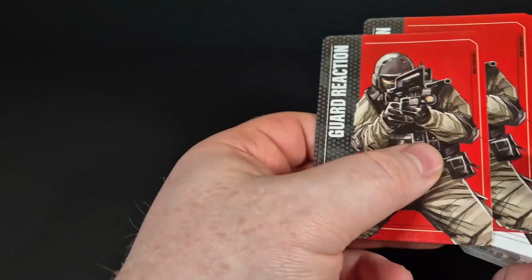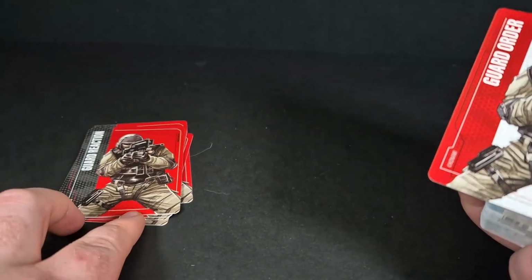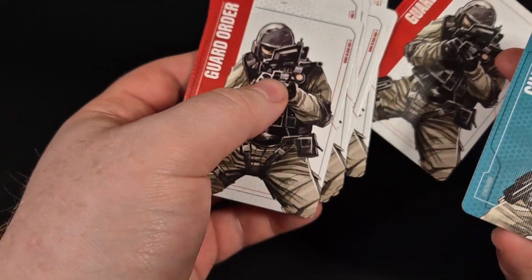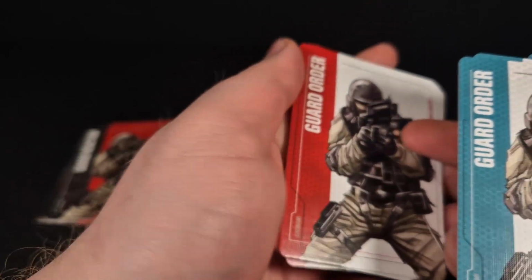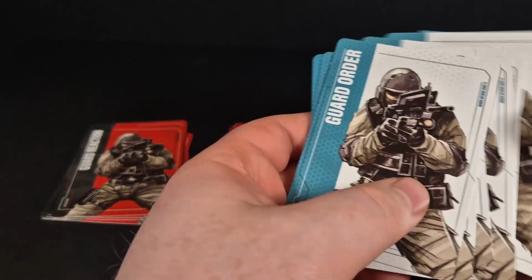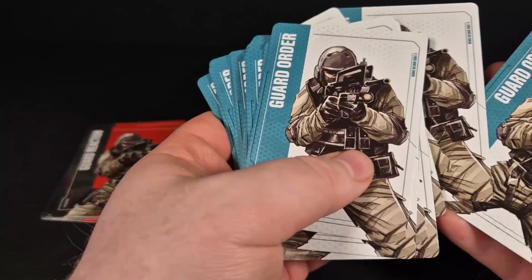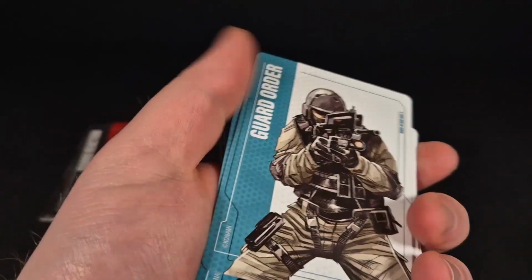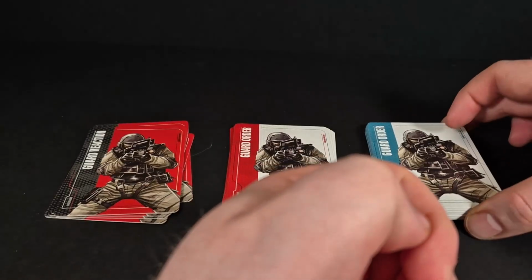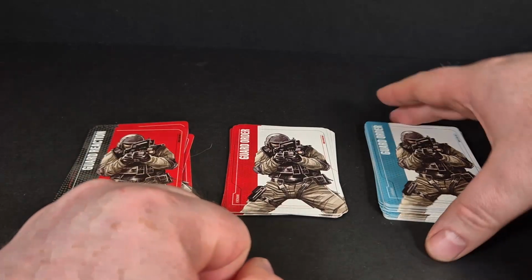So, guard reaction cards. So there's a few of those. Some of these are in red with a black border. Then we've got these other ones that are in white with a red border. So I'm going to assume they work in some different fashion, which I'm sure the rulebook will explain to us. Then we've also got this third deck with the blue border. So I'm guessing there's going to be maybe 3 different types of patrol, or maybe some of them are specialist guard orders. I don't want to look at them because I don't want to spoil too much, but